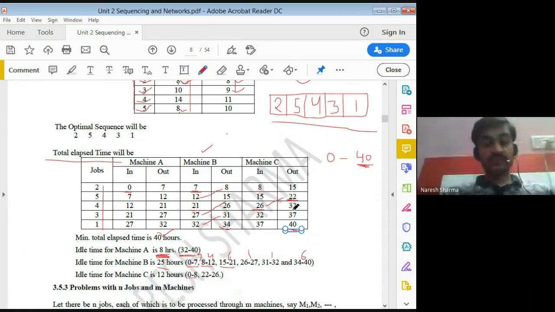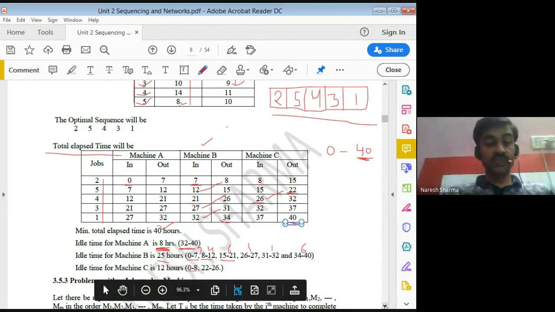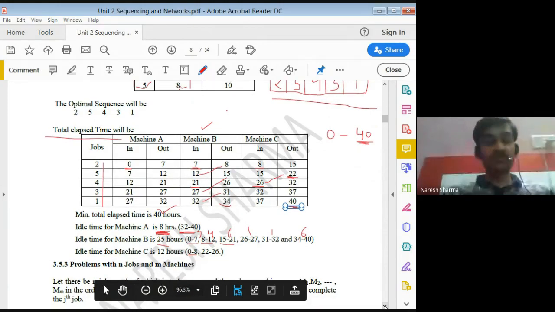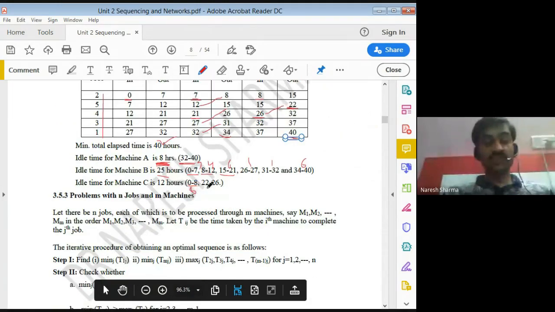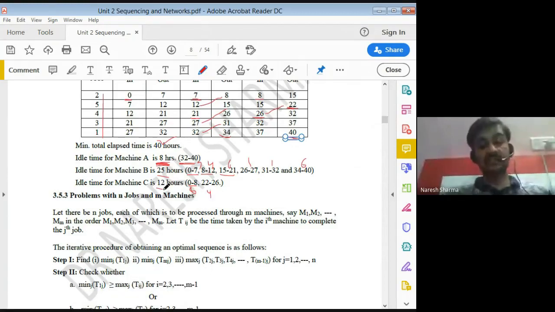So after 26 to 32 it is busy, 32 to 37 busy, 37 to 40 it is busy. So we have two pockets, one is 0 to 8, that is 8 hours, and another is 22 to 26, that is 4 hours. So 12 hours this machine is idle.